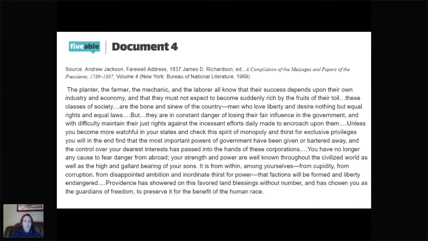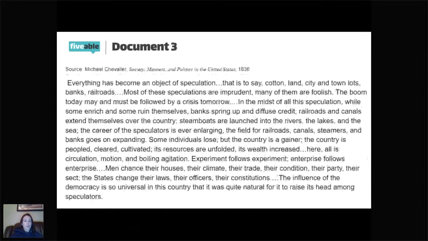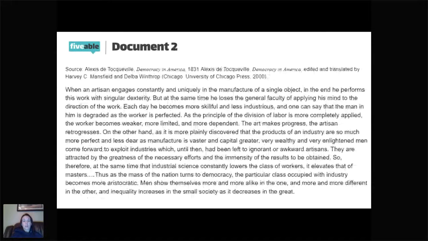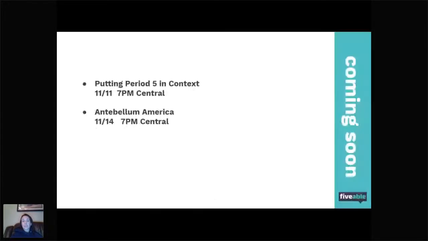I mean, it's also a little political as well, but we could make the argument that document 4 could be used in the social category. We could probably also make the argument that document 2, if we wanted to, could be used in the social category, or even going back to this one,